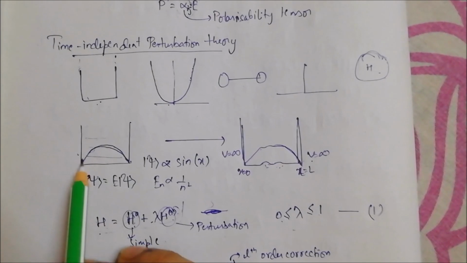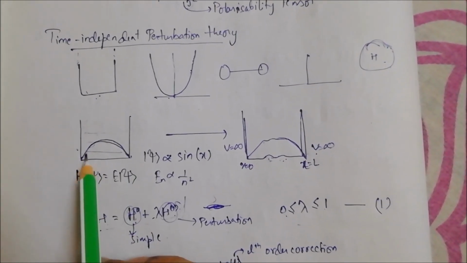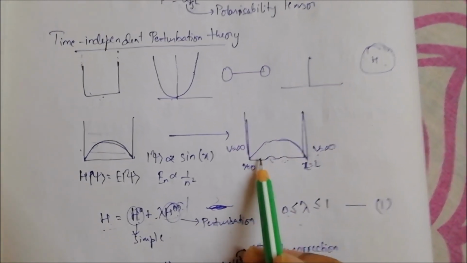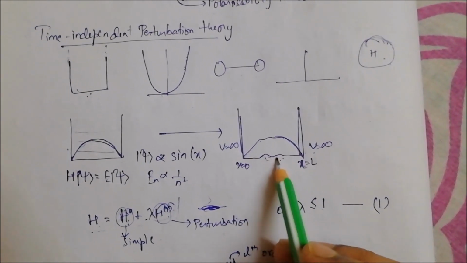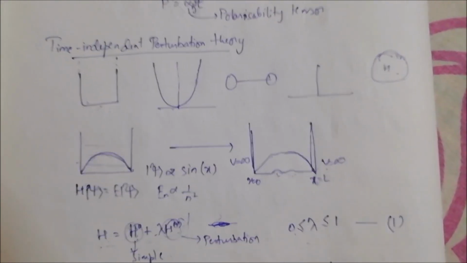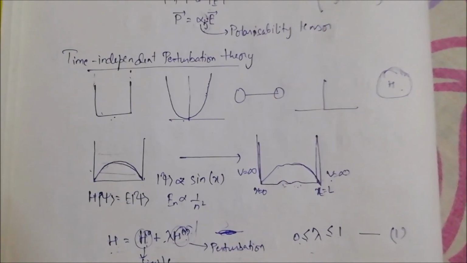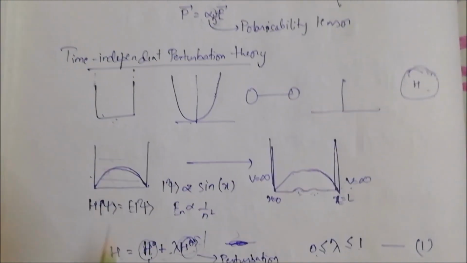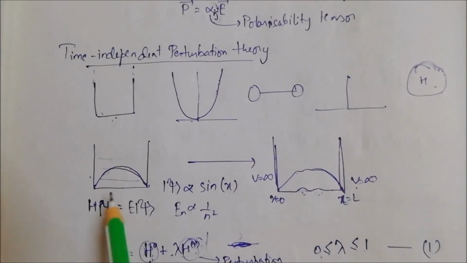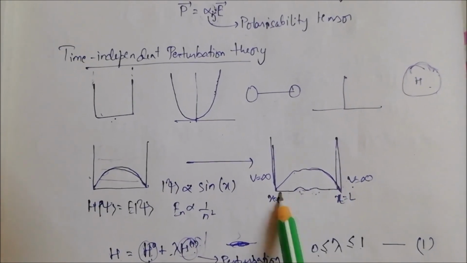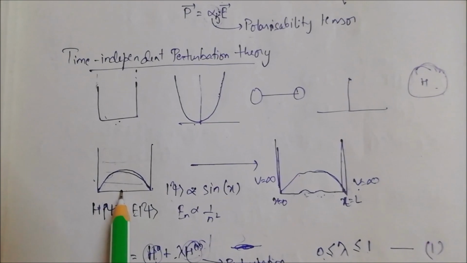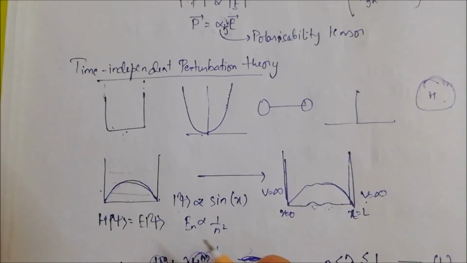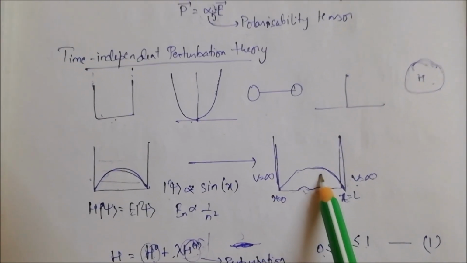Like in this case, suppose this is your infinite well and this is the ground state wave function. If you apply a small perturbation, you see there are small undulations in the well. These are very small perturbations compared to the infinite potential at the boundaries. So by intuition you may figure that the ground state of this distorted well may be similar to the initial eigenstates of the undisturbed Hamiltonian, and it may be slightly distorted.